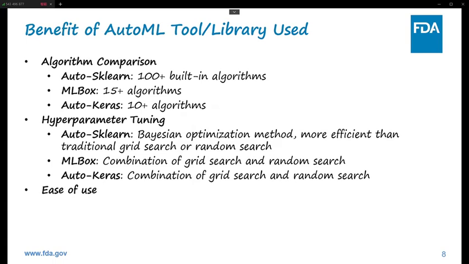And here is a brief analysis of the AutoML tool and library we used. We used AutoScaler, and we decided to use this tool for a couple of reasons. Firstly, it has an algorithm advantage over other open source AutoML libraries, namely MLBox and AutoKeras. AutoScaler has over 100 built-in algorithms, while MLBox only has over 15 algorithms, and AutoKeras even less, about 10 algorithms. And the second reason that we chose AutoScaler is that it has the best